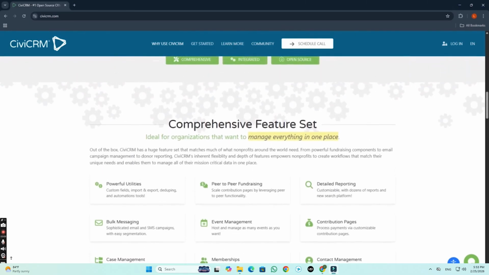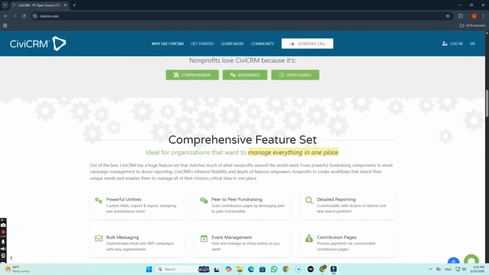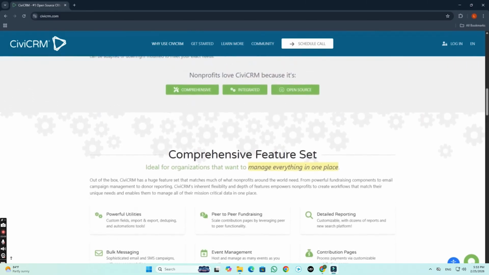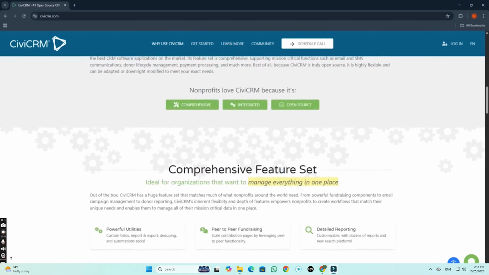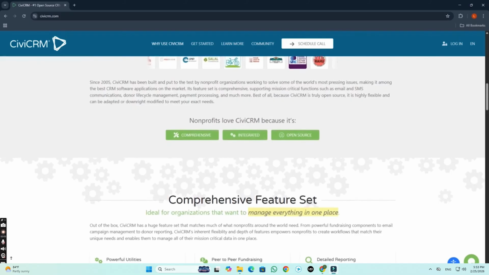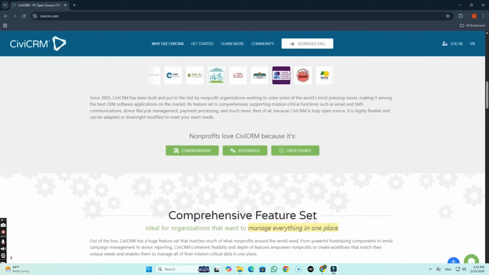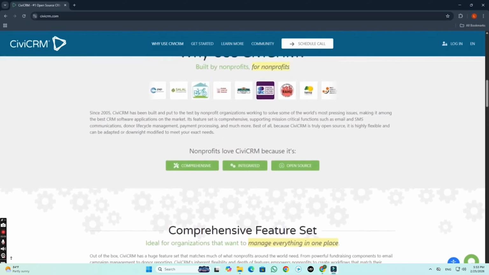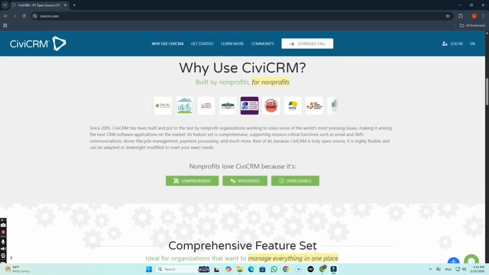Congratulations on completing the beginner's tutorial for CiviCRM in 2025. You have just taken the first step toward creating a more organized, data-driven nonprofit. By integrating CiviCRM into your daily operations, you are building a foundation for stronger donor relationships, improved communication, and greater